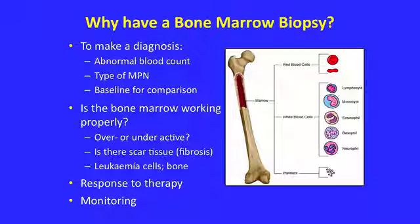So not every patient with an MPN, or being diagnosed with a possible MPN, has a bone marrow biopsy. I think everybody with a suspected diagnosis of MPN should, or even must, have a bone marrow test. Now, some of you in the room who have not had a bone marrow test will say, oh dear, I haven't been managed properly, I should have had one. I'm very much